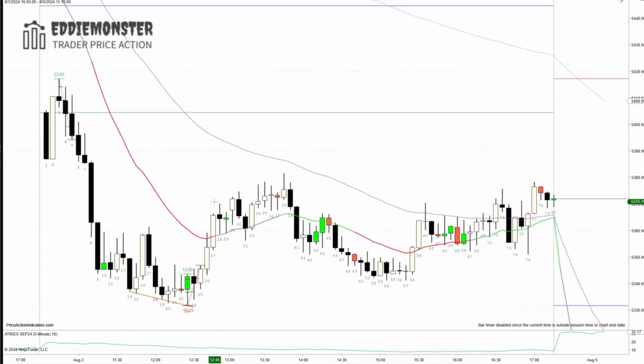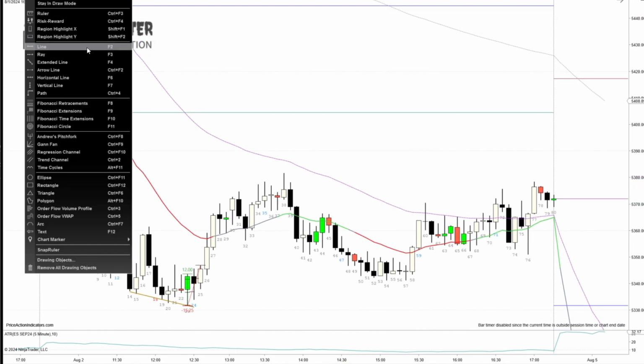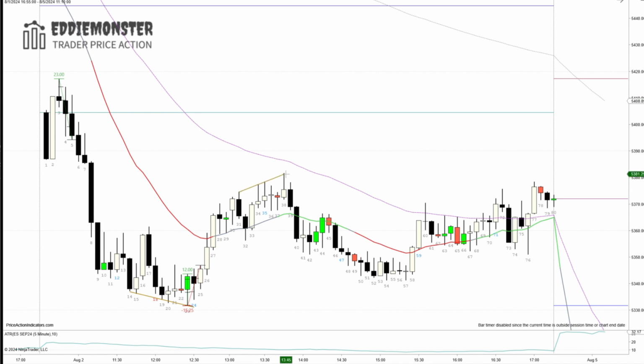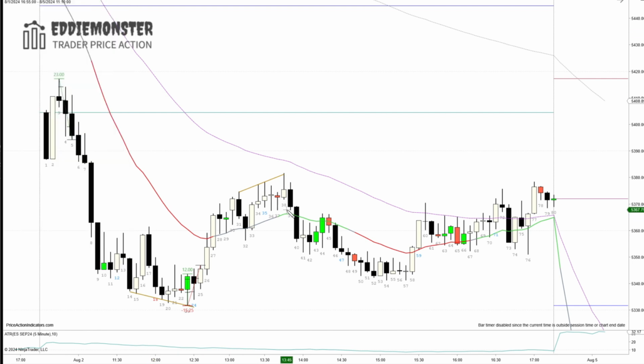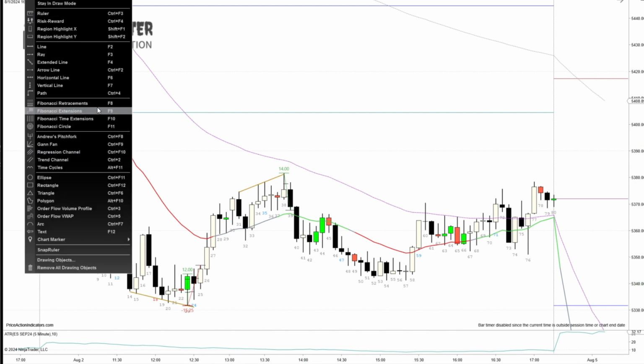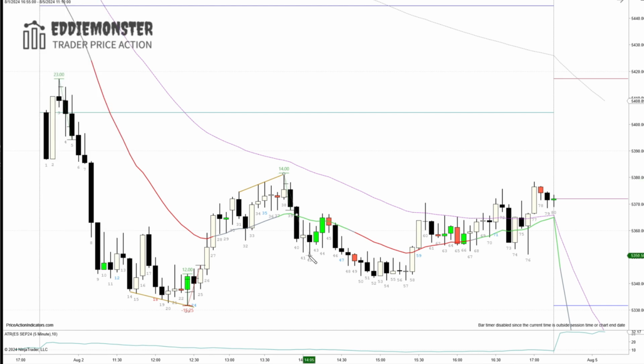For example, this 39 is a wedge. Beautiful wedge, perfect wedge here, top. And then this 39 is a signal bar, right? So we see 39 is a good bar. It increases the possibility to have 2 legs down after a wedge, right? Testing here, which we made, right? So pull back. We didn't get the 2 legs down, but it's good.